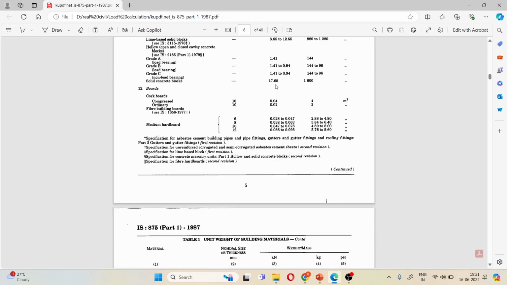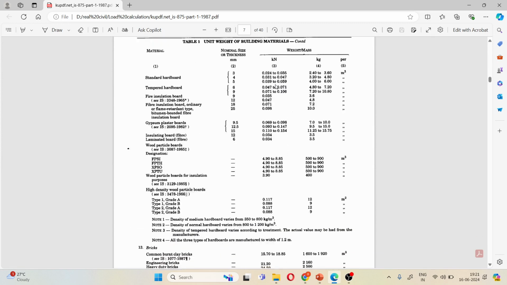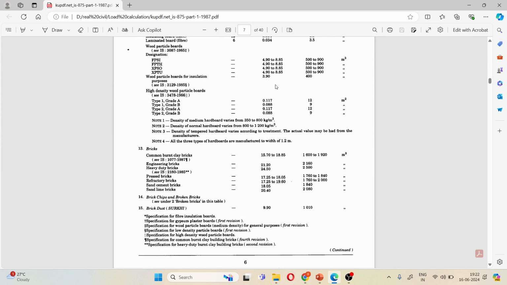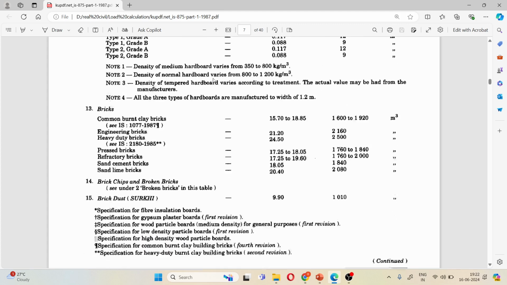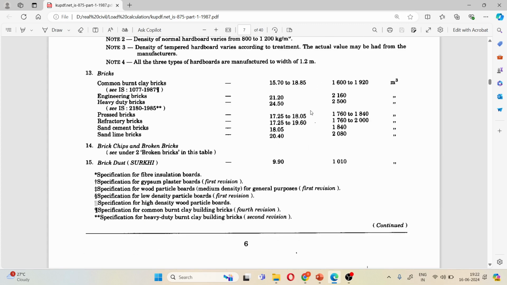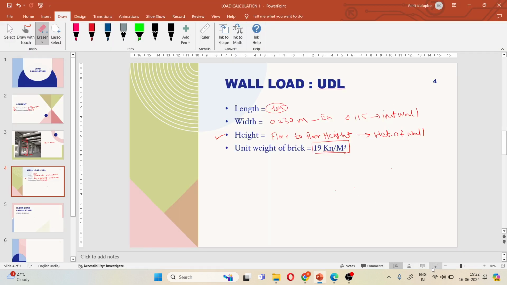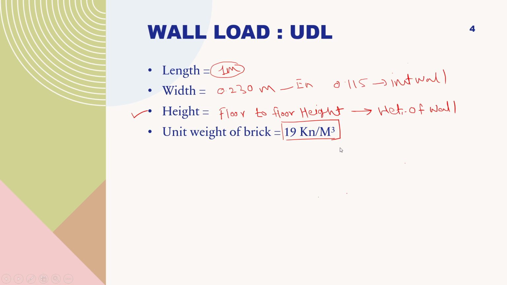If you come down, here you can see the 13th point, bricks. There are different types of bricks and different unit weights are given depending upon the quality. Generally it varies from 15.70 to 21.60. Most engineers prefer the value 19 or 20.